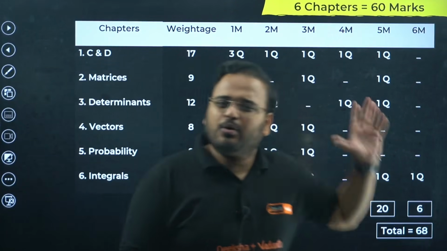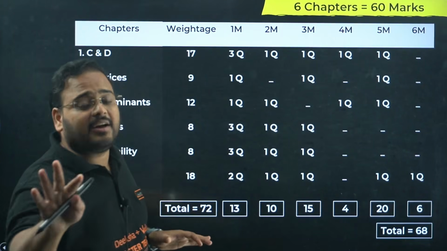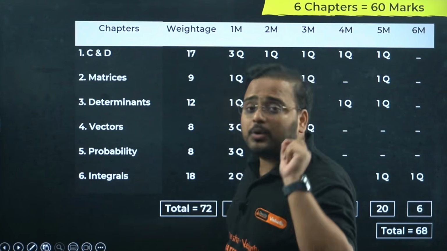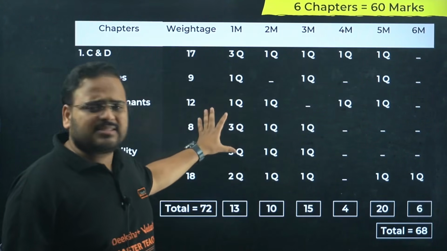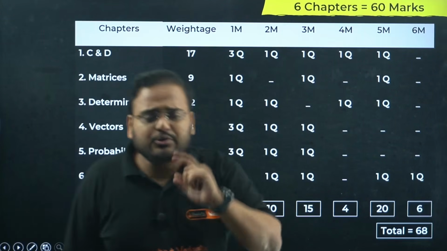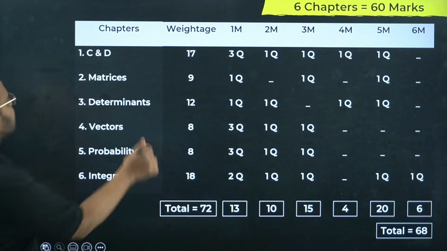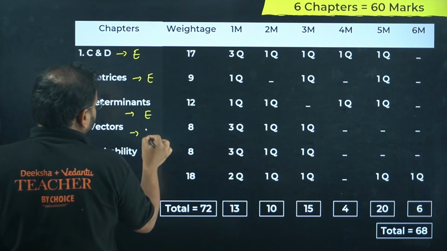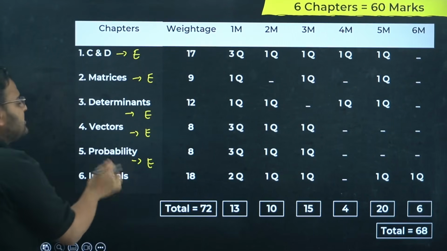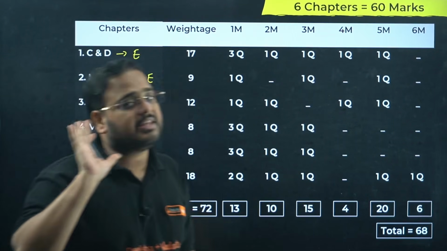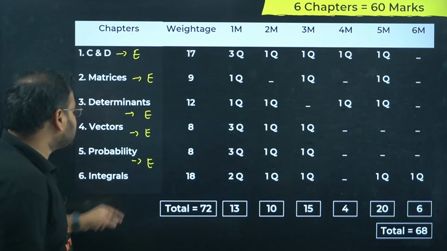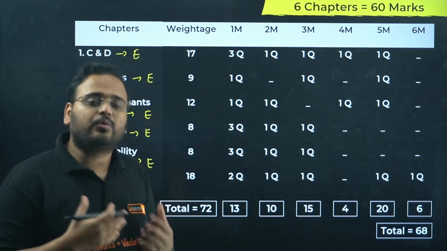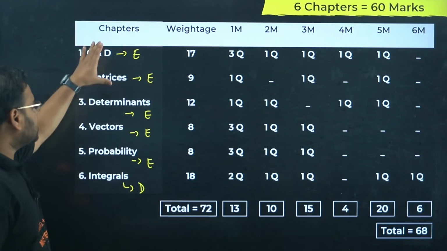Now I know you are here for the list of 6 chapters, and these are the 6 chapters. You'll say, sir, we know these 6 chapters, we know the weightage, but let's check. I'm here not only to tell you this, you have seen it in the blueprint, but I'm here to actually tell you that this is possible. You see this, you know this, but still you don't believe it. Let me show you. Chapters are very simple. This is an easy one, easy one, easy one, easy one, easy one, and easy one. Means out of the 6 chapters, the first 5 are very easy. This last one is a little bit difficult, not as a teacher but as a student, you feel that way, that's why I'm saying a little bit difficult.